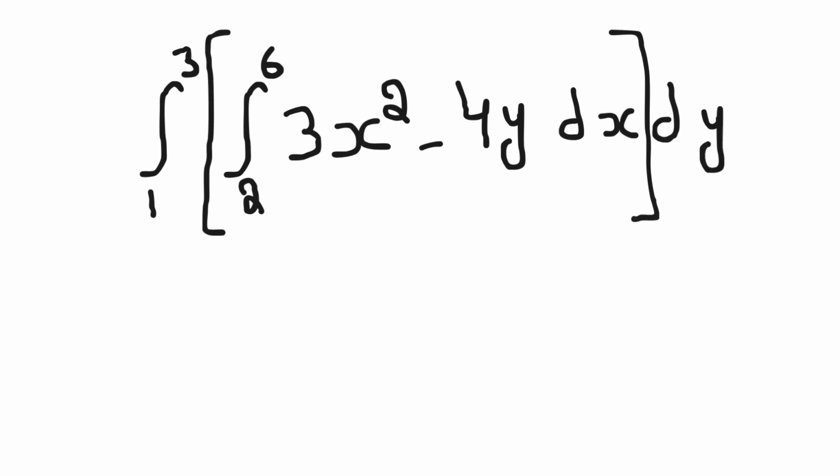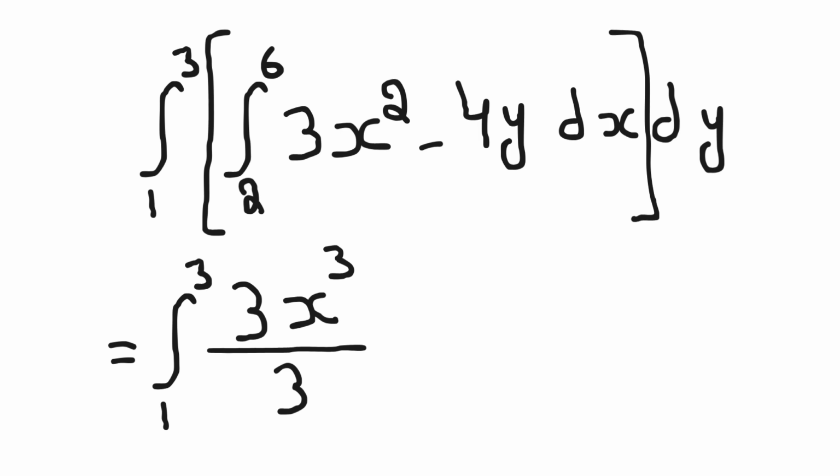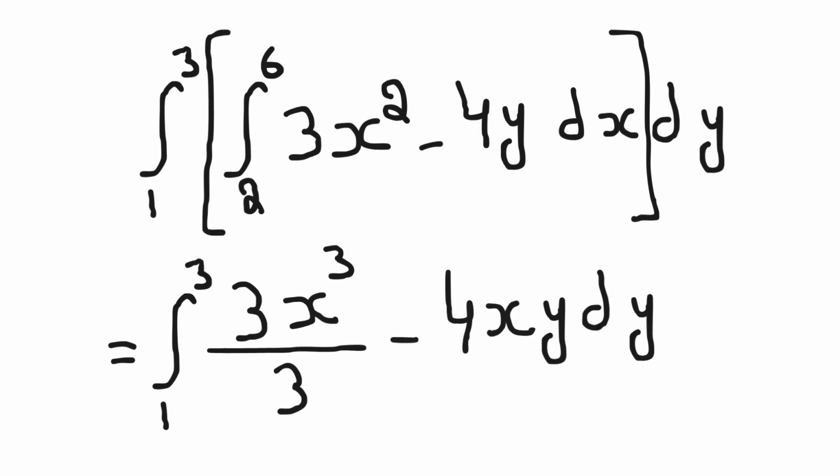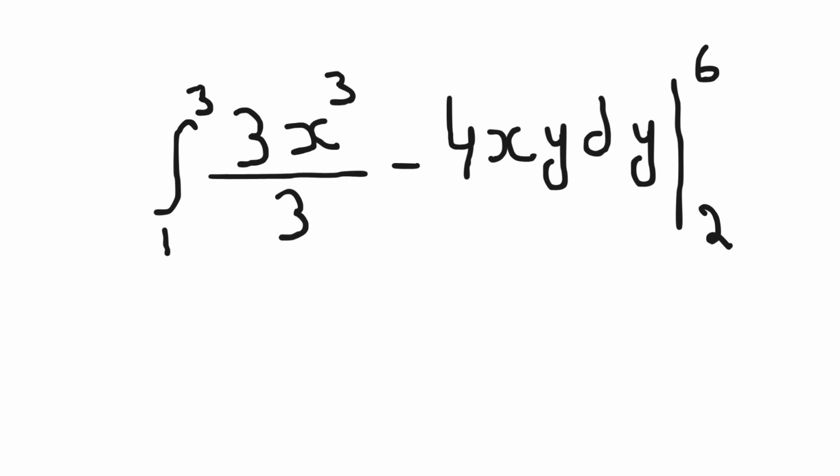To solve a double integral, first we start with the inner one and integrate with respect to x, so the answer will be integral from 1 to 3 of 3x cubed over 3 minus 4xy dy, from 2 to 6. Next step is to replace x by the boundaries 2 and 6, so integral from 1 to 3 of